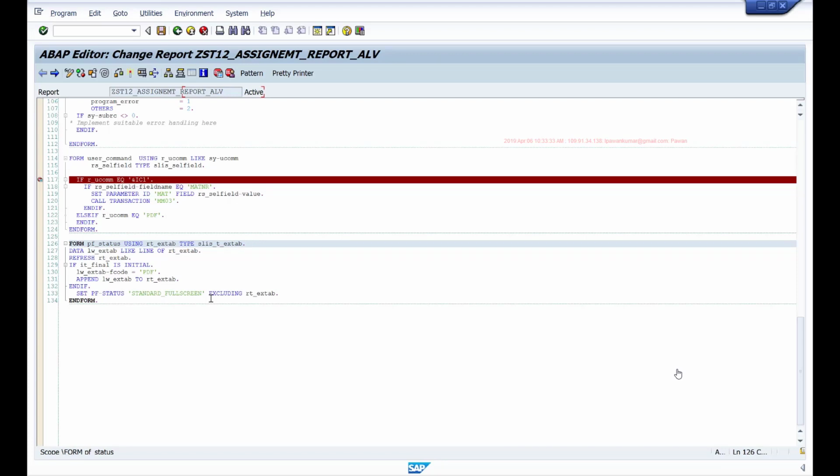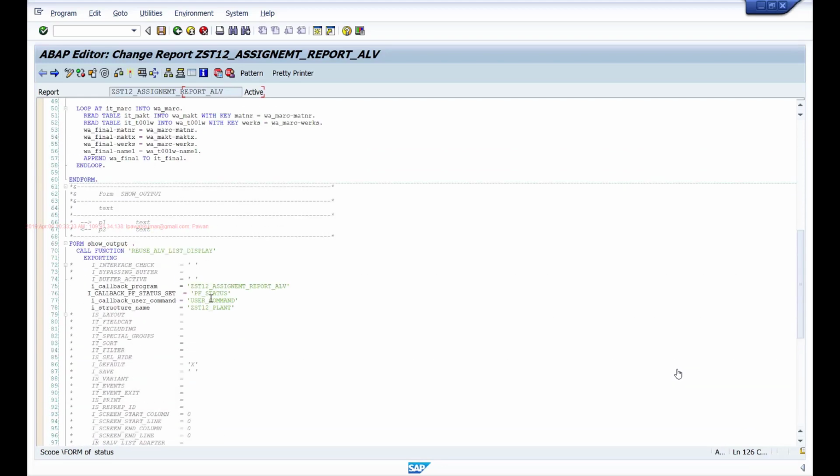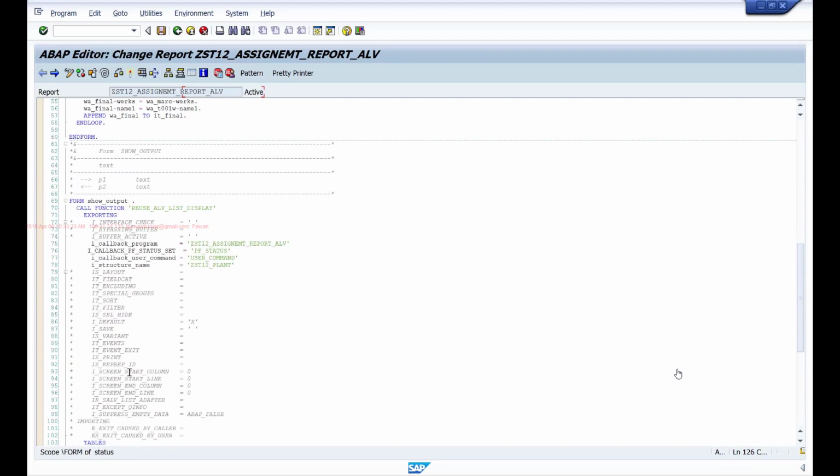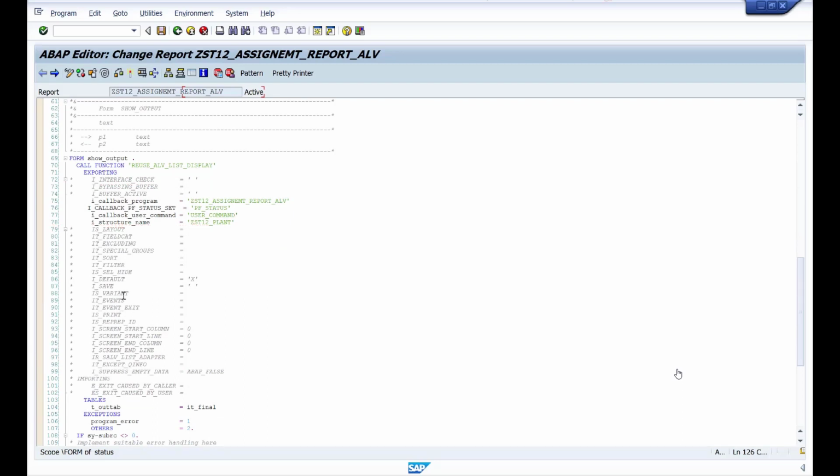So this is your function module ALV. Very simple and straightforward, right? I won't be going through all the other options here because most of them are self-explanatory. If you read the documentation, you will understand. But when you're working on requirement and you have any specific requirement to handle in the report output, then you can explore this at that time, or you can contact me and I'll be able to suggest you.